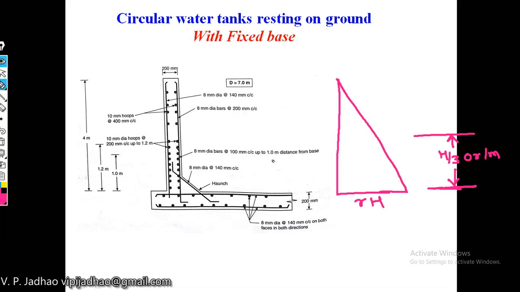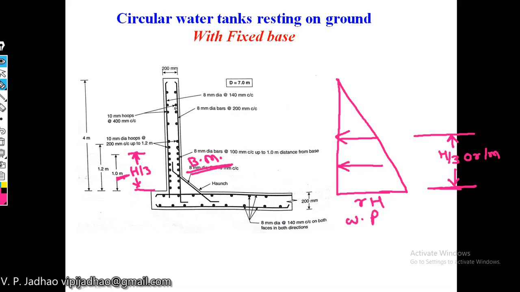So this cantilever action which is developed due to the water pressure is more predominant up to a height of h by 3 from the base. Up to a height of h by 3 from base, or 1 meter, we will be designing the water tank for the bending moment criteria,